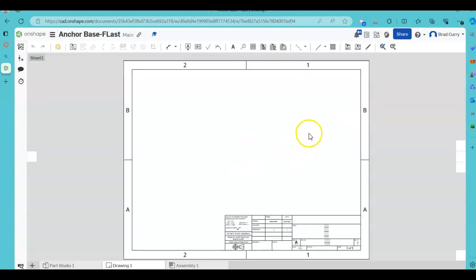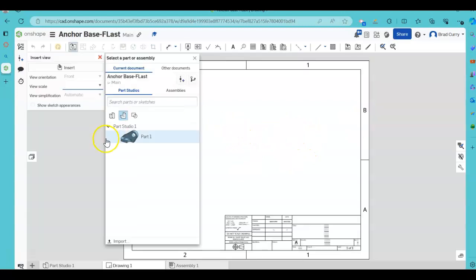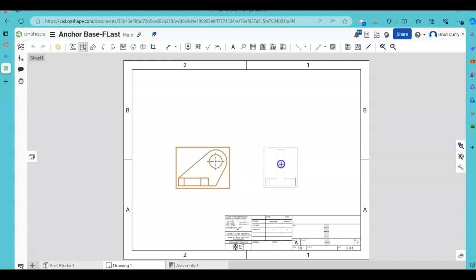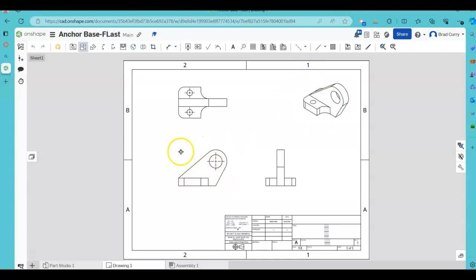And we're going to create an orthographic drawing of what this looks like. So here's my Part Studio drawing. I'm going to left click on that. I'm going to bring over the front view and the side view. Bring that in. Now, I'm still kind of in a projected view, so let's go back to the front view and let's go up here to place the top view so we see what that looks like. Back to my front view here, and now we're going to project over and create the isometric view right there